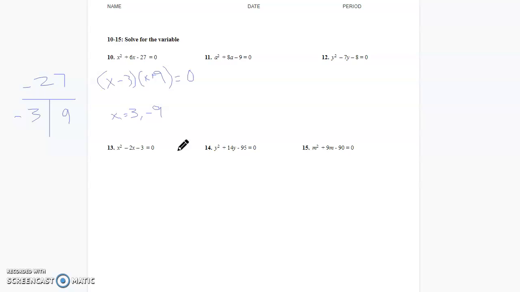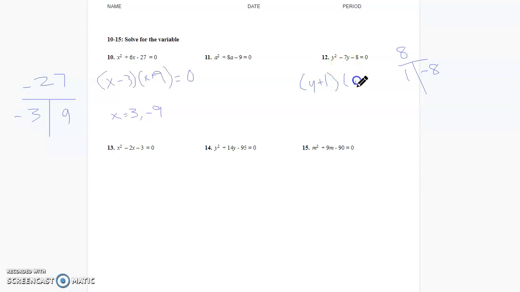Okay, let's do one that's a little harder. Let's do one with a minus symbol. Let's do number 12. Factors of 8 that add up to negative 7. Well, 8 is 2 and 4, but 4 minus 2 is 2. What else is there? Oh, yeah, there's 1 times 8. If I want to make negative 7, which one of these should be negative? The 8. So that means this is y plus 1